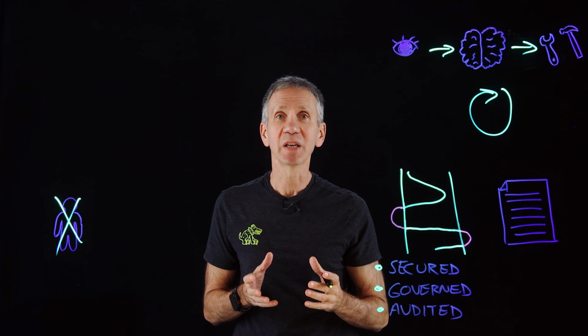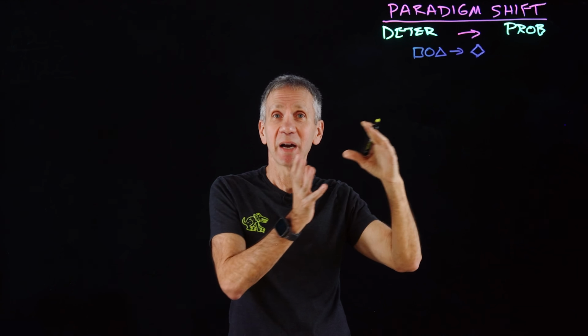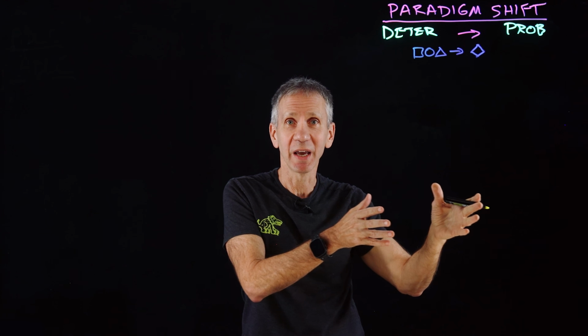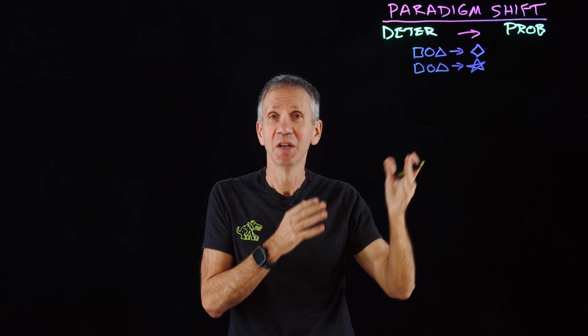When we're talking about agents, there's a paradigm shift that we have to consider. The paradigm shift I'm talking about is one where we move from more deterministic logic, where if you give it a single set of inputs, you'll always get the same outputs, to a more probabilistic type of system, where it's based on probabilities and statistics. So the pattern might resolve to one answer in one case, and even with identical inputs, we might get a different decision in another case.